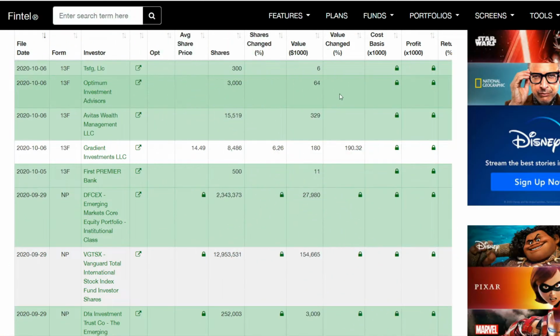Now, let's jump right into the latest news. Really bullish movements from institutional buyers, adding in shares, even though some of them might be a smaller number of shares, like TSFG, adding only 300 shares. But we're looking at Optimum Investment Advisors adding in 3,000. The other one right below them, the Wealth Management, is around 16,000 additional shares,